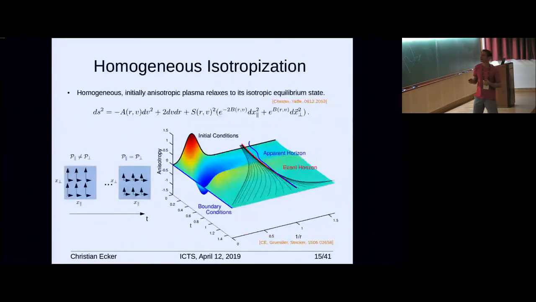Okay, now let's see how all that works for a very simple example, namely a homogeneous but highly anisotropic plasma that relaxes to its isotropic equilibrium state. This was first studied by Chesler and Yaffe. This system has, on the gravity side, the following line element that realizes the symmetries that you also want on